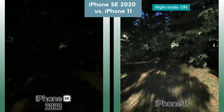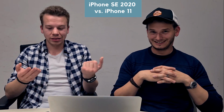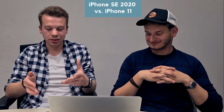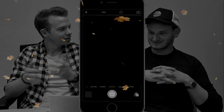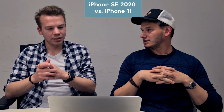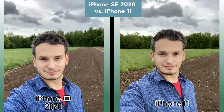So if you look here at the photos from a very dark environment, like a little forest, in an environment with no light around it, the 11 produces the better night photography photos, and you can at least see what the picture is about. Because on the SE, it's just a lot of darkness. Hello, darkness, my old friend. Yeah, so not really usable. Not really usable. No. But when it comes to the selfie camera, it's good on both